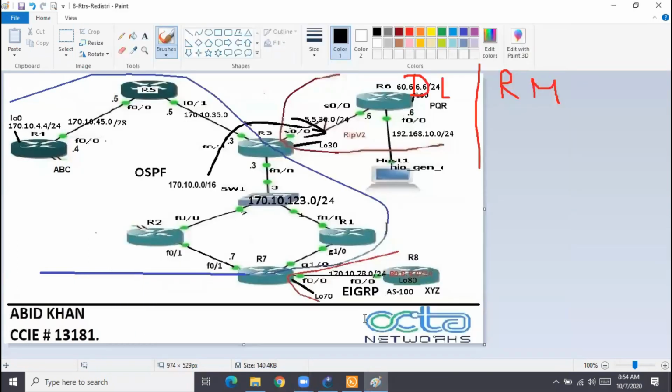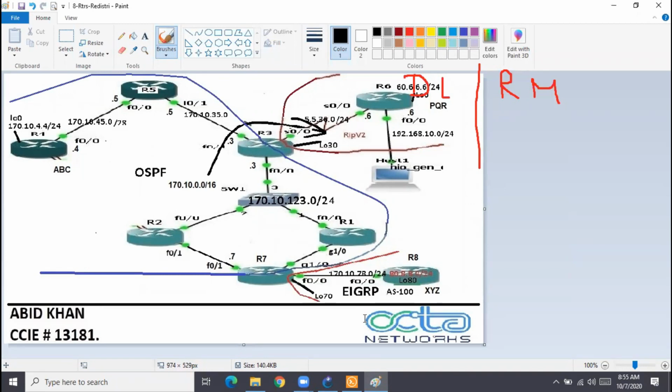Suppose I tell you, R8 is receiving some route from R7. Okay, let's say from R7, R8 is receiving 10 routes. R8 does not want 2 routes. Out of 10, R8 does not want 2 route, 4 route, whatever.